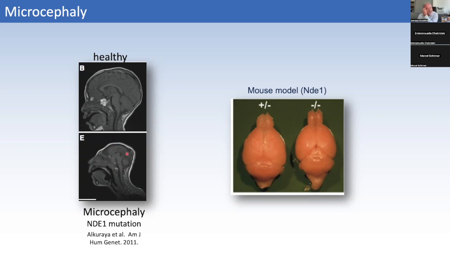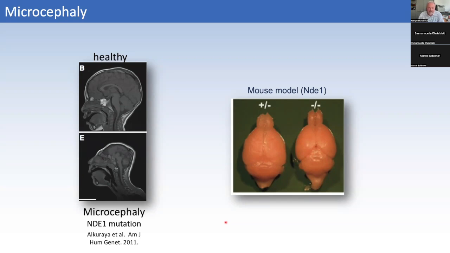NDE1 is a microtubule binding protein that is conserved all the way from yeast to humans. But when you make the corresponding mutation in a mouse, not very much will happen. And there's many examples like this. Very often, mutations that cause devastating brain disorders in humans have only very mild consequences in rodents. And there's a number of reasons for this, but the key reason is that our brain is not just a